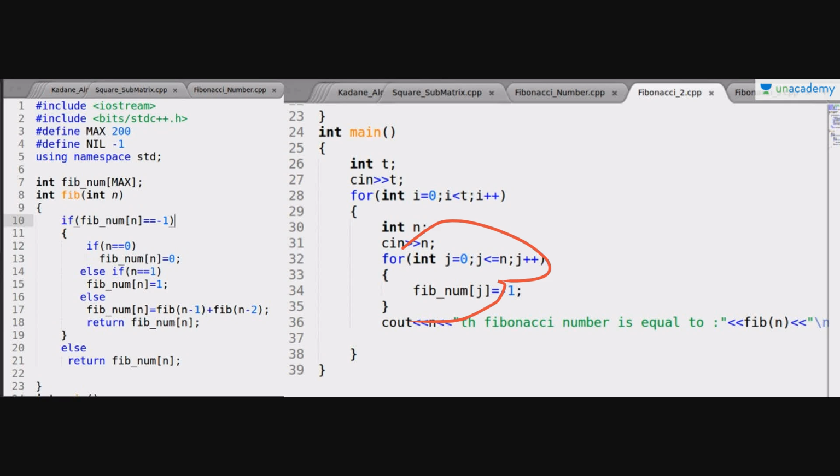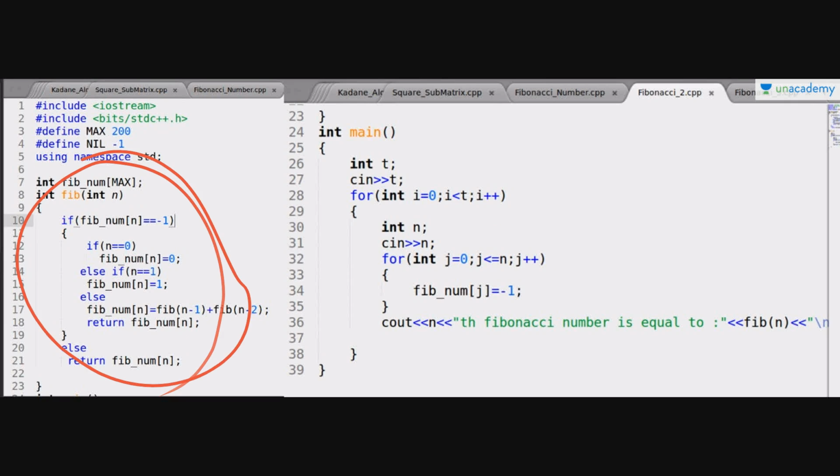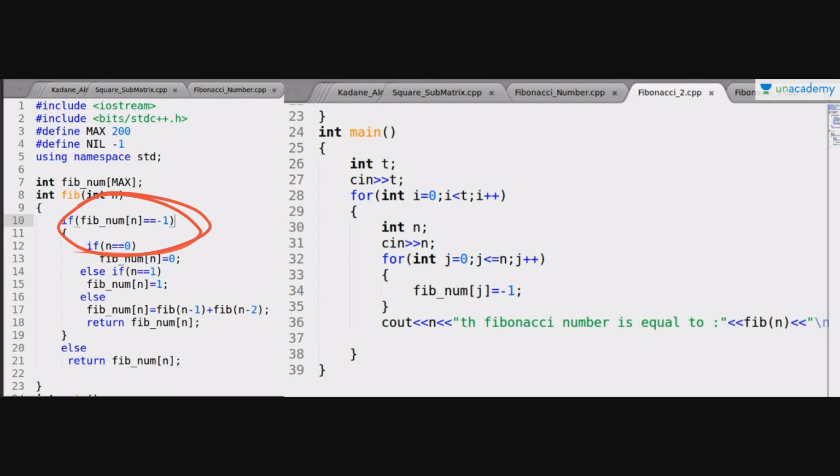Whenever we call the function fibint, first of all it checks the array to see whether the result of this function has already been stored in the table or not. If it has already been stored, then it simply returns the result from the table. Otherwise, it will calculate the result of fibint.